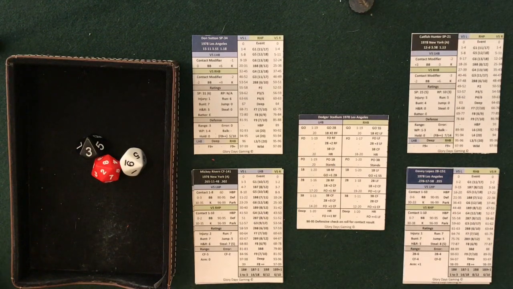So in real life, of course, the Yankees won this game 7-2 to capture the World Series, as Reggie Jackson hit his fourth home run of the series off of Bob Welch to put it out of reach in the 7th inning. And in real life, the Dodgers brought back Don Sutton on 3 days rest to pitch this game,